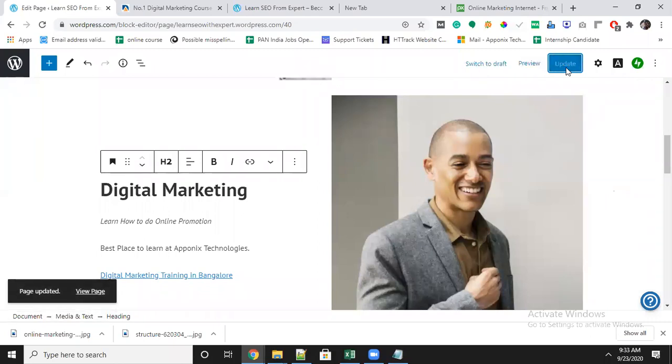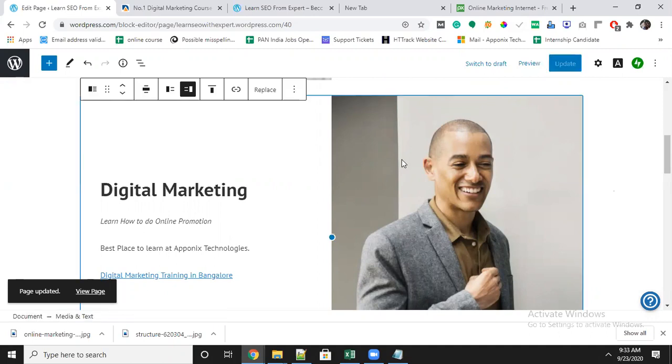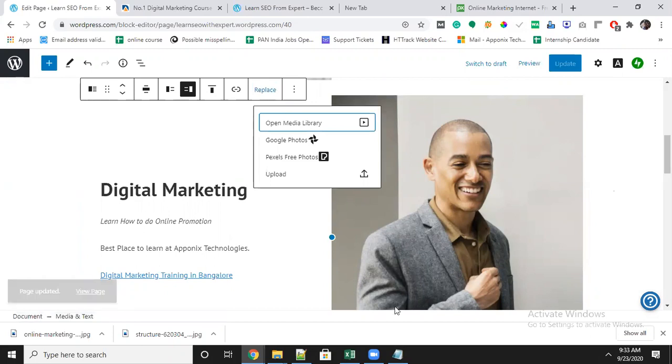That means in total I have made 2 sections, but the image has to be replaced. The image is not done. Let's say I will click on the image.